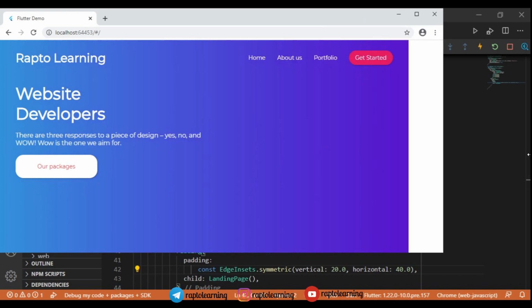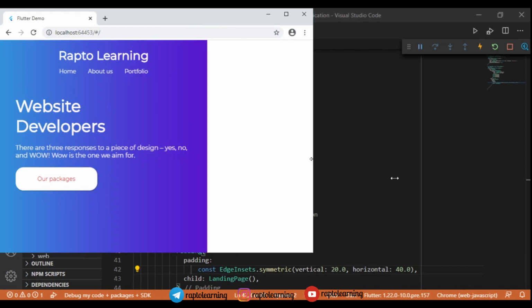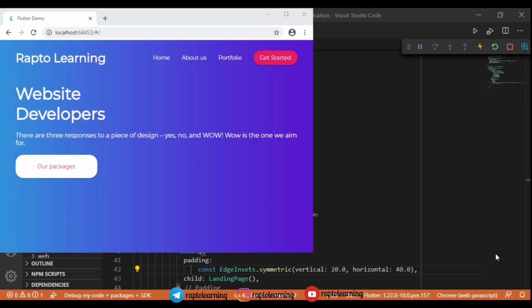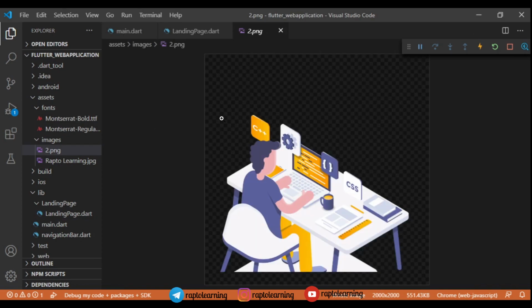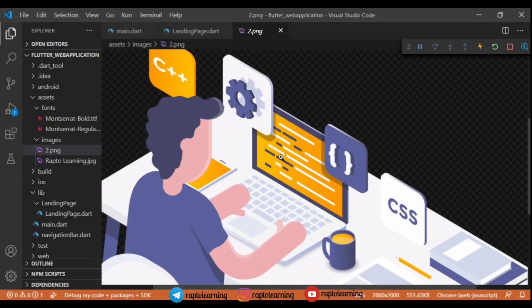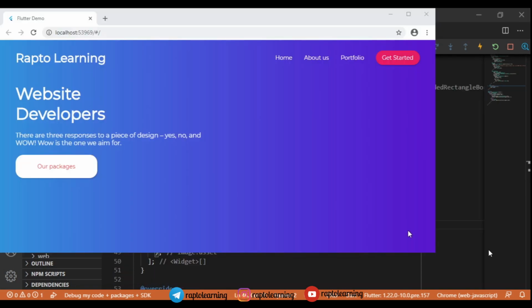I hope that this error will be gone on your computer, because this is because my image is corrupted or something like that. So what I will do is add this image to a GitHub repository and use Image.network. So let's do that. This image is not working, so I will add this image to GitHub or Google Drive, then turn on link sharing in Google Drive, and directly place a network image in this. So let's see how it's done.